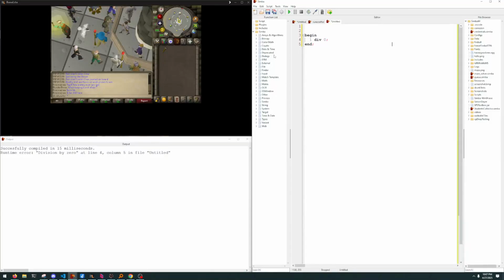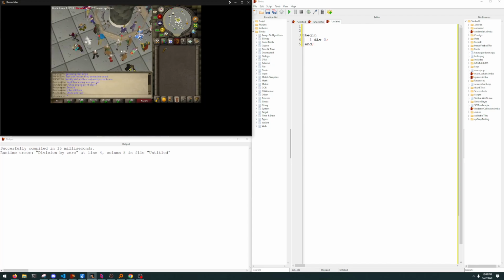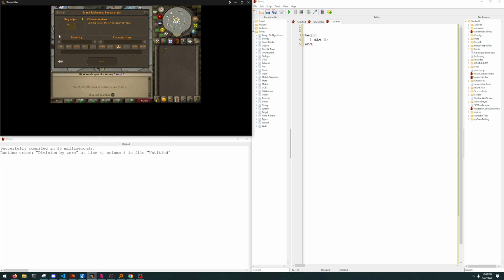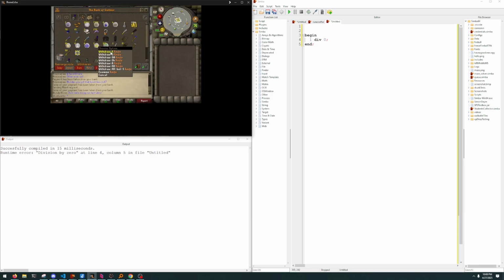Okay, we're back. Today, we're going to be making a Fletcher in the finite state machine style. So, let's get ourselves a knife and some logs. We'll buy some logs. Oh, we already got a knife. Well, anyway. So, if we want to make this in the style of a finite state machine, we have to